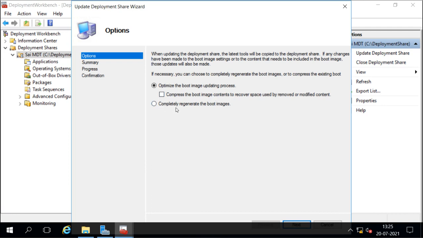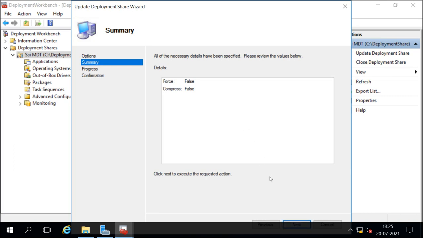If there is already a boot image created, that LiteTouch ISO file, then it will either regenerate it or optimize it. Optimize means it will add the new features into it, and regeneration means it will create a completely new boot image file. So I want to optimize it, and there is no file already, so it is going to create it new. So this is what we have selected: no force compression, no optimization, no regeneration.